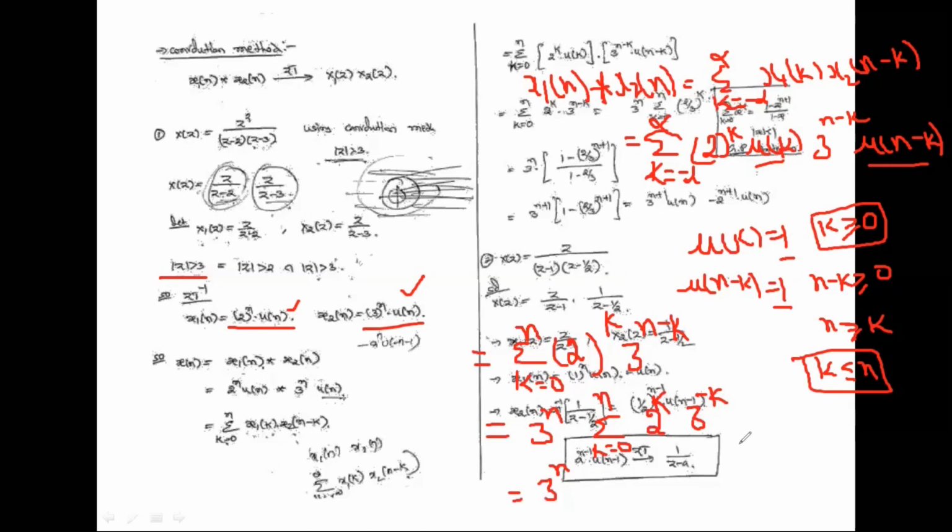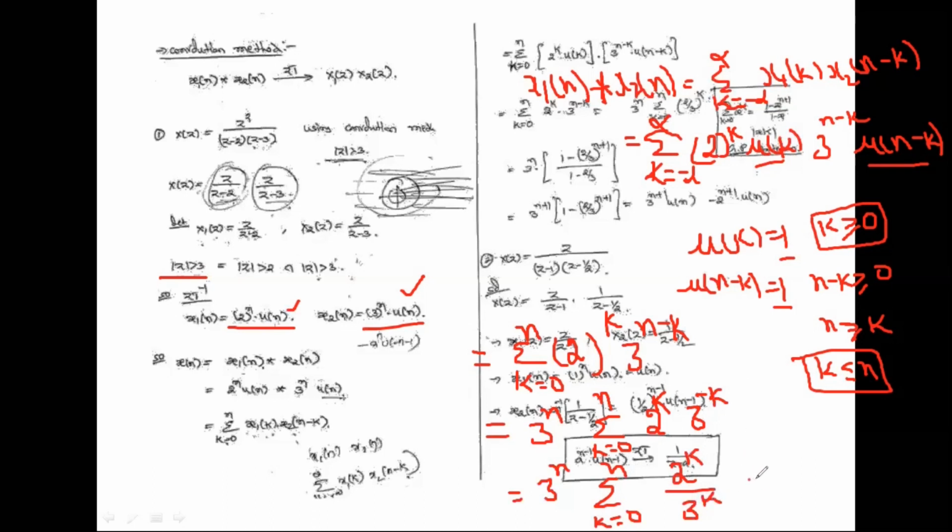Here both the bases are not the same. Both the bases are not the same. Got it, my dear students? So now I am writing the sum of k equal to 0 to n, the 2 power k and the 3 power k,